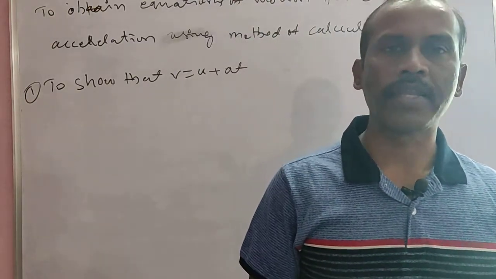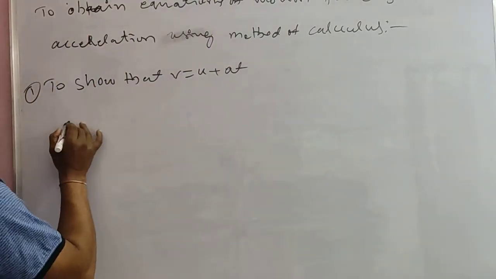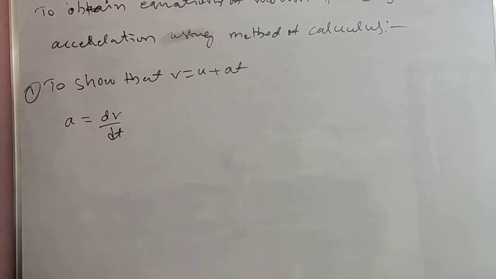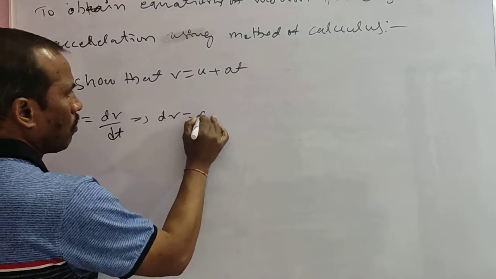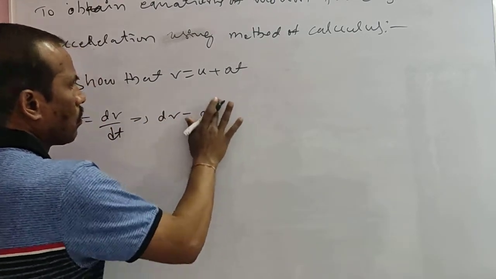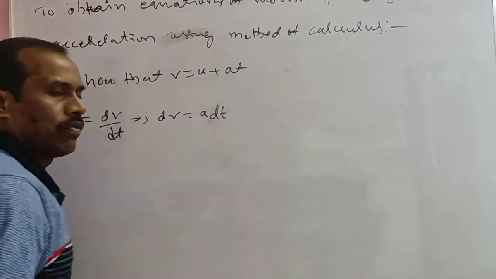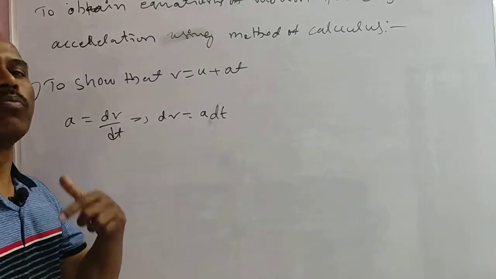According to the acceleration formula, acceleration a is equal to dv by dt. This is the rate of change of velocity. So simplifying, dv is equal to a dt. Integrating this equation on both sides,